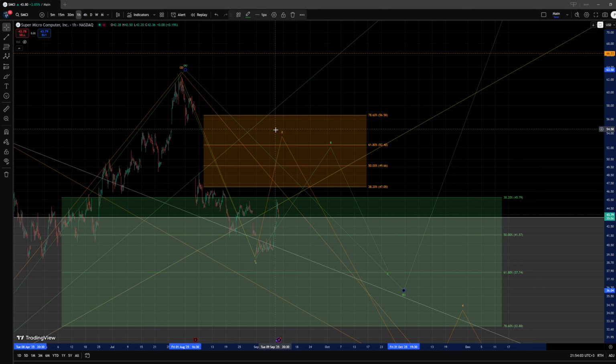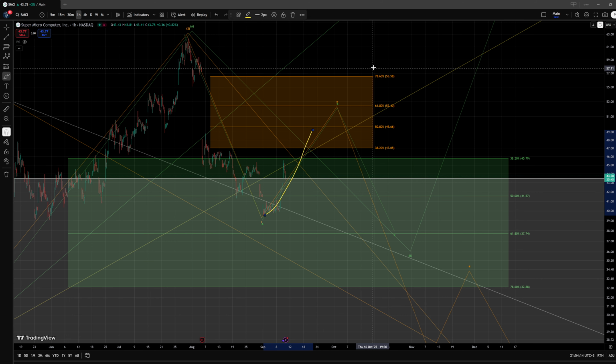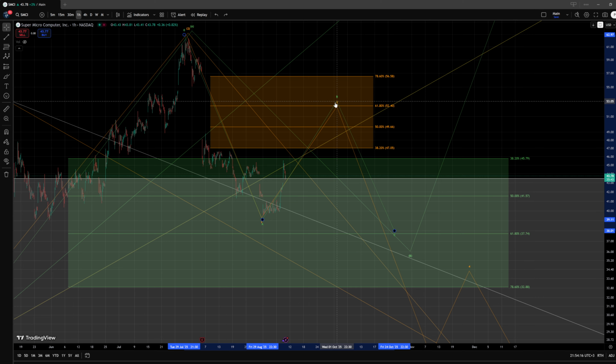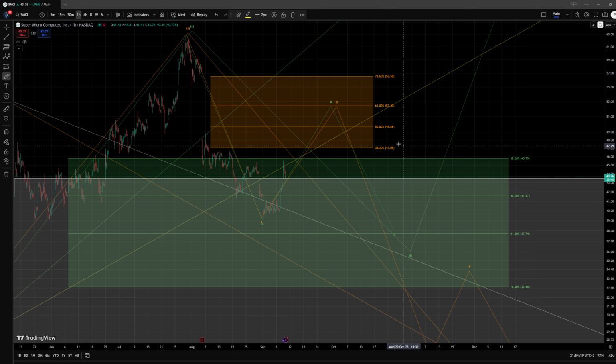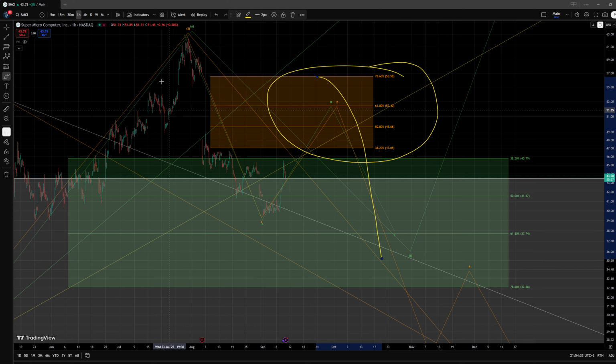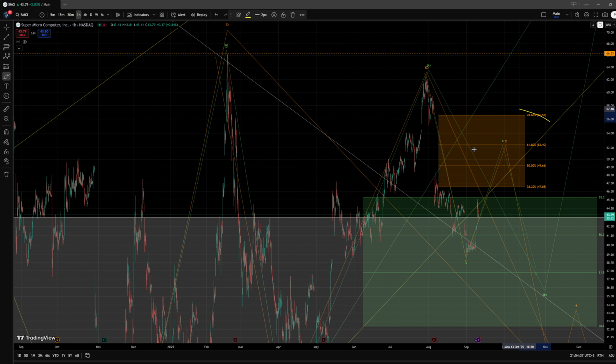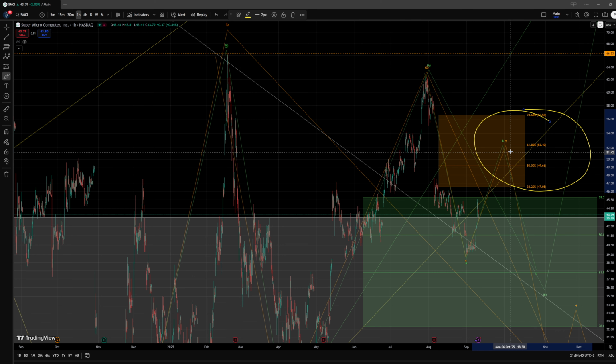Now, as I said, both of these suggest still lower prices, but both of them also suggest that we should, however, reach the resistance area that we have now adjusted for a wave 2 or B between the $47 level at the 38.2% retracement up to the 78.6% retracement at the $56.6 level. This is an area of high probability to create a reversal back to the downside. And all of these levels, or really any level within this area, has a high probability of creating rejection,